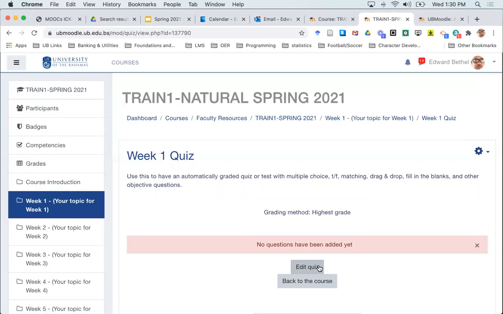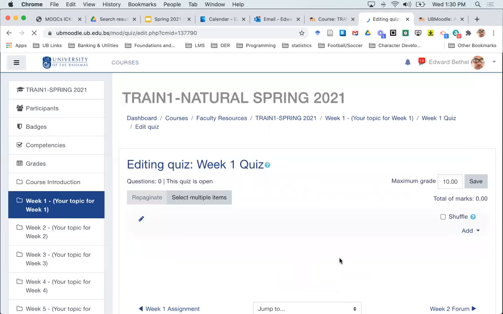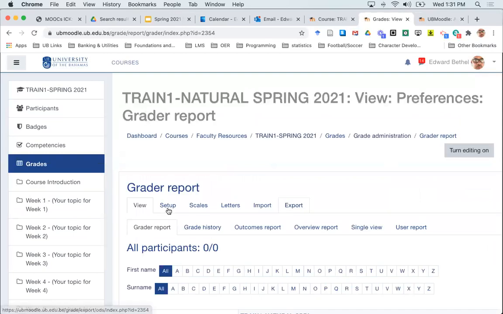We can change that if people feel that a better default would work better for them, but we haven't really had any requests to change that from 10. I'm going to want mine to be 25, however, because I want my 10 quizzes to contribute a total of 250. So if I save that, change that and save that, and then again go back to my gradebook, I should notice that now that quiz is reporting as